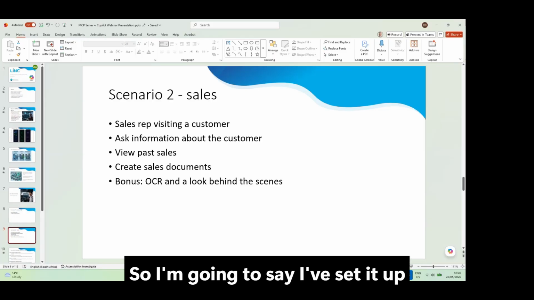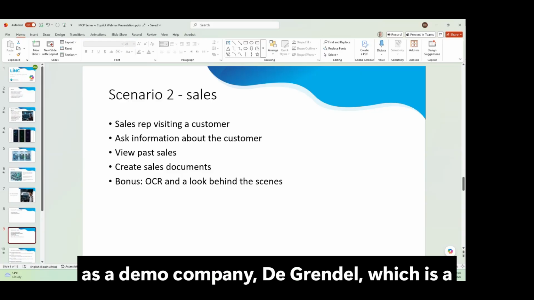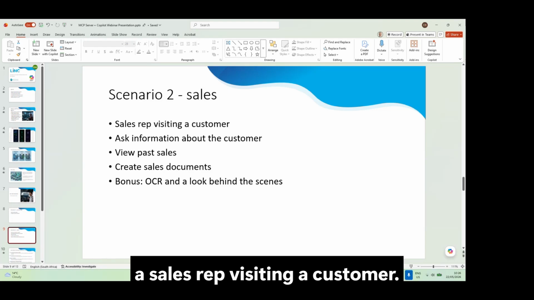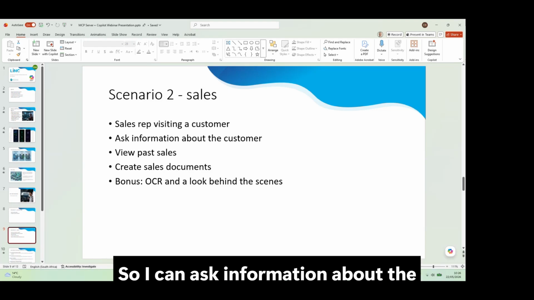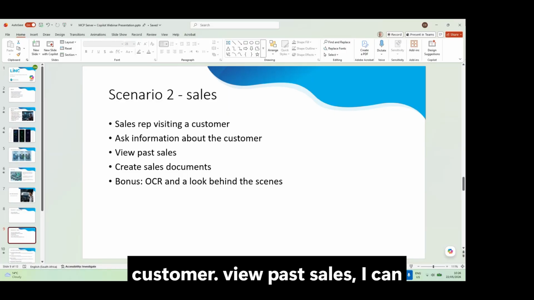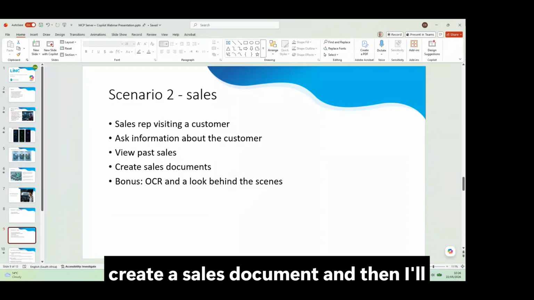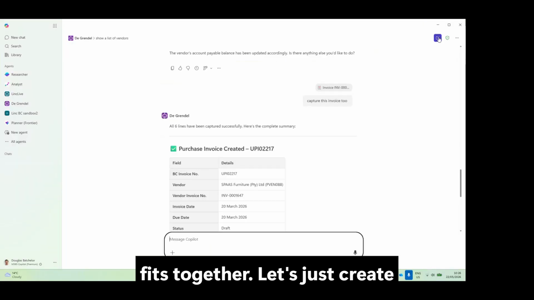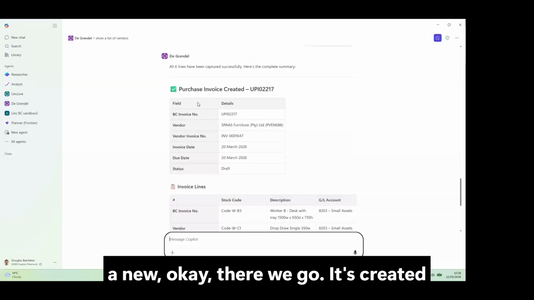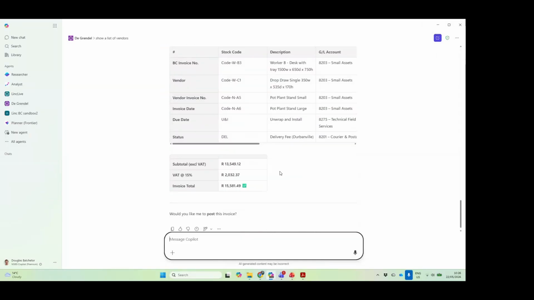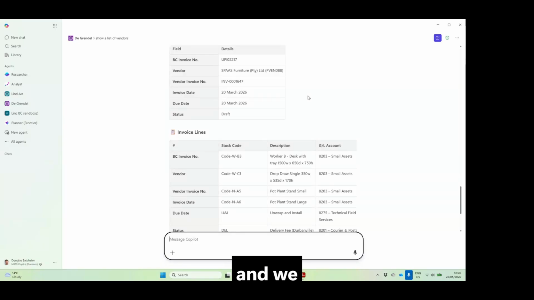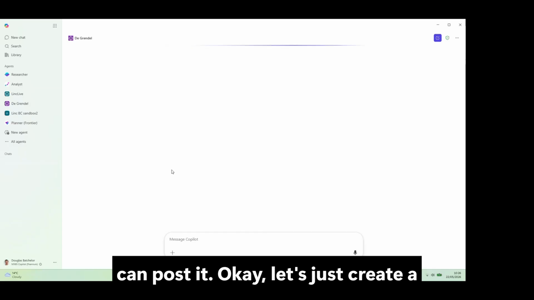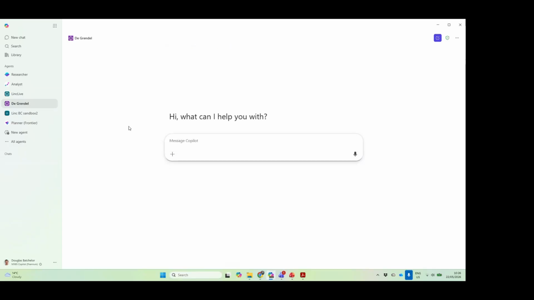So I've set it up as a demo company, De Grendel, which is a wine business. Let's say I'm going to be a sales rep visiting a customer. So I can ask for information about the customer, view past sales, I can create a sales document, and then I'll show you a little bit about how this all fits together. So let's just create a new, okay, there we go. It's created the invoice, and we can post it. Okay, let's just create a new chat, and